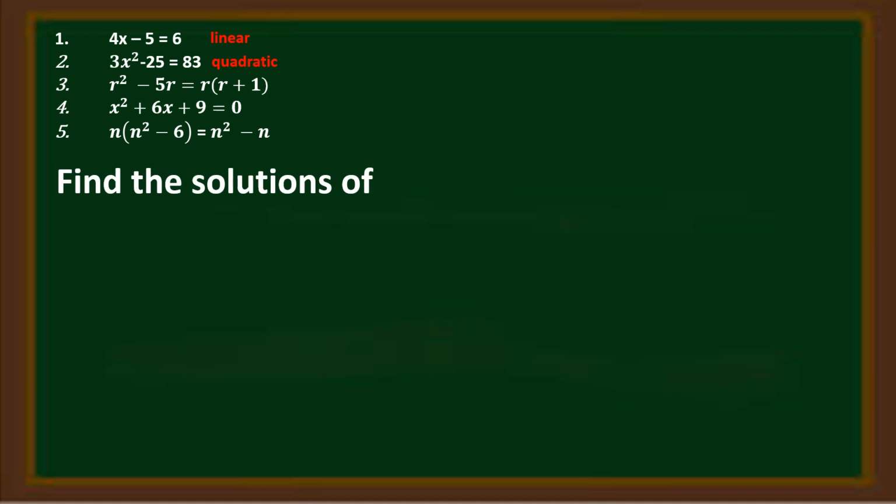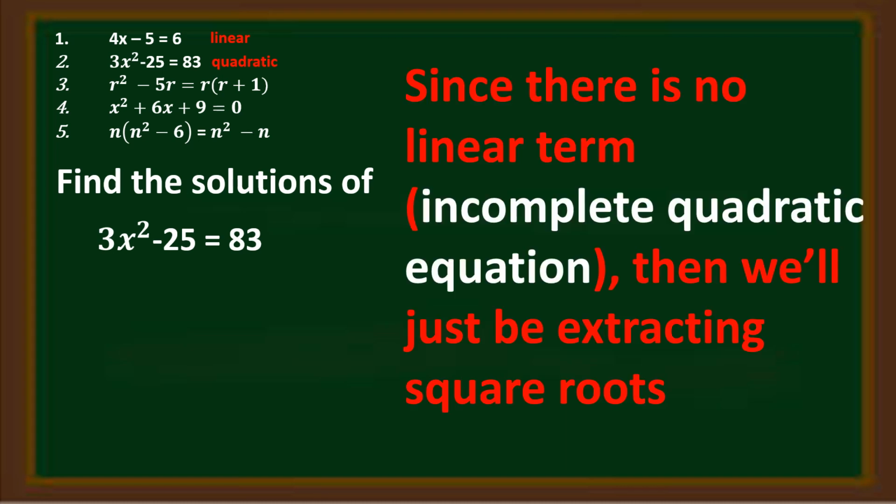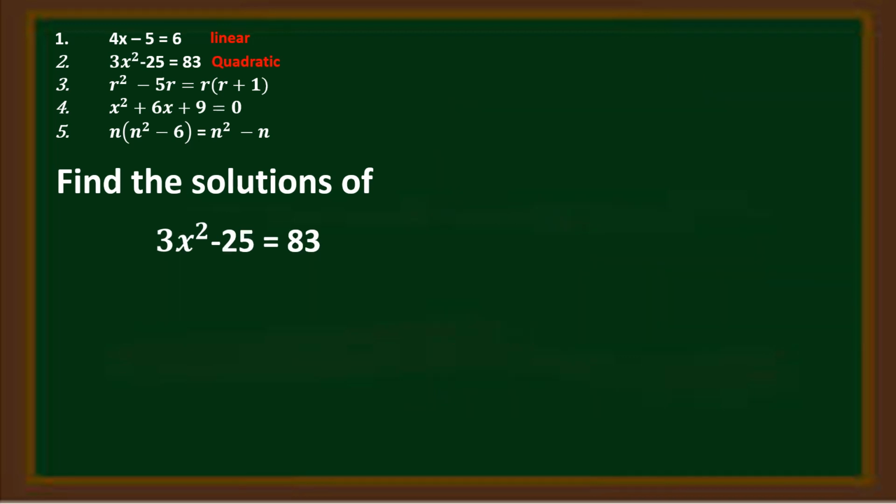Now we'll be finding the solutions of 3x squared minus 25 is equal to 83. Since there is no linear term, the quadratic equation is an incomplete quadratic equation, so we'll just be extracting the square roots. We'll now be finding the solutions of the quadratic equation 3x squared minus 25 is equal to 83. To do this, we have to add 25 to both sides of the equation,